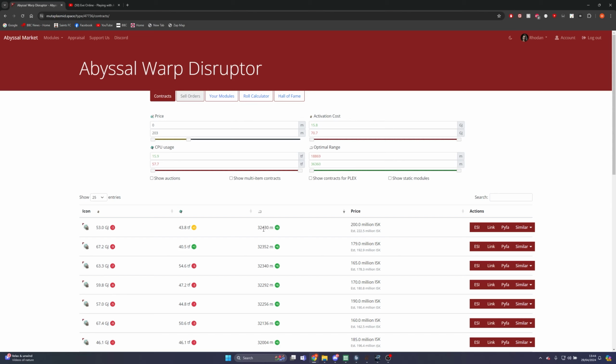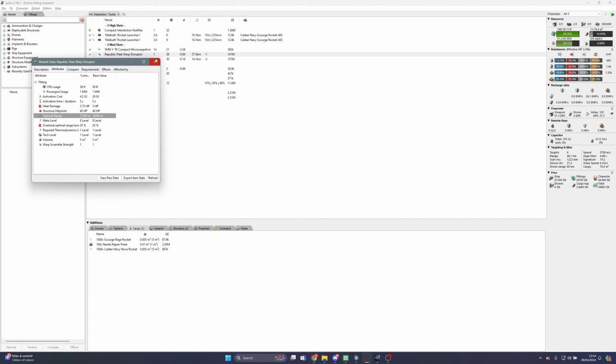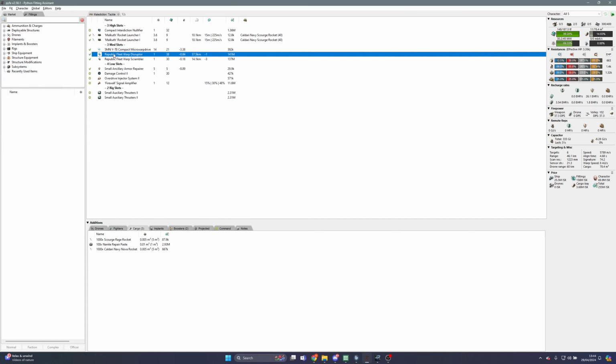So you're probably thinking, okay, so what does that look like on your ship? What does 32.4 kilometers look like on your ship? Well, I'm glad you ask. Over here we've got a button that says Pyfa. If you just left click this button, what that's now done is it's copied the stats of this module into your clipboard. So I head over to Pyfa now, and I can remove my Republic Fleet Warp Disruptor. Just simply press Control V, or I think you can right click and paste, but Control V is the easiest,